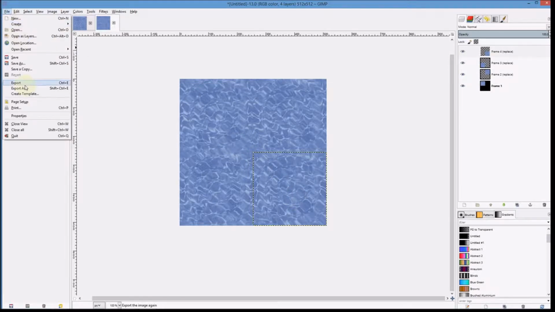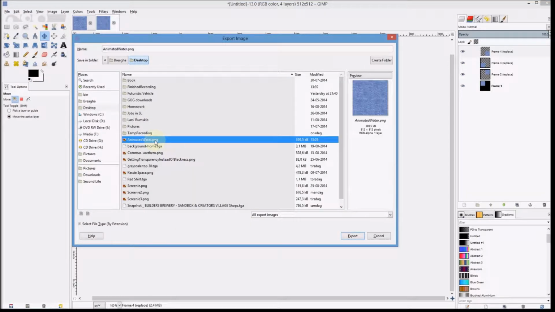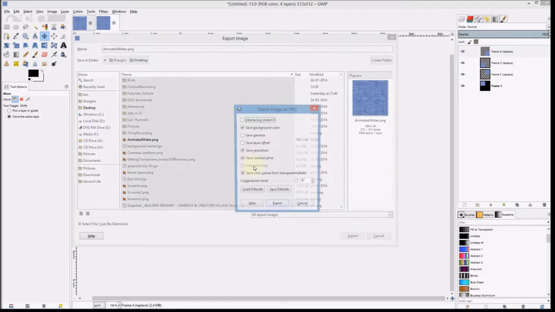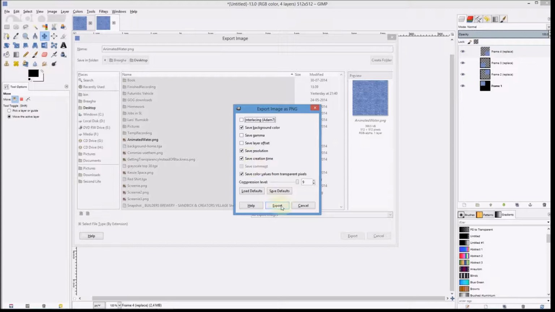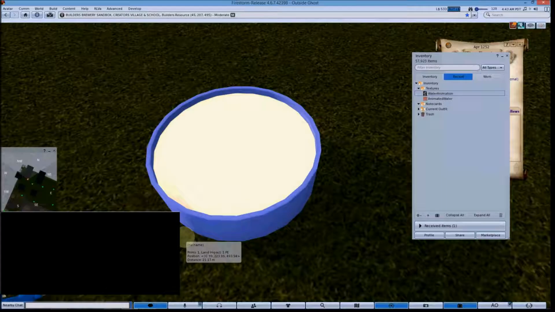Now we export, and we export to animated water. Export, yes, and this looks fine. Export. And then we go into Second Life,